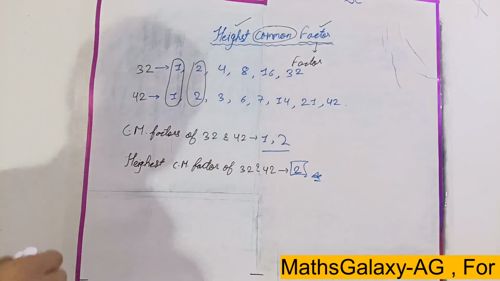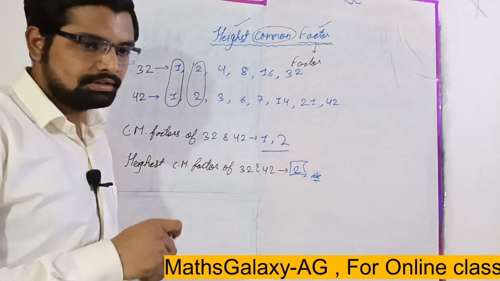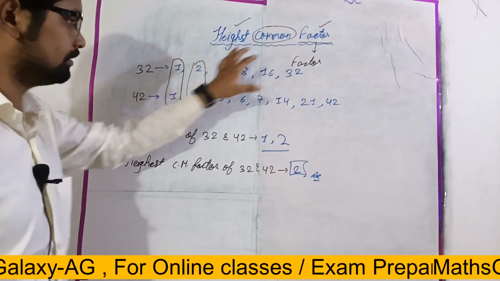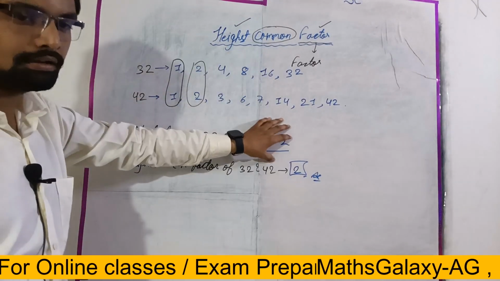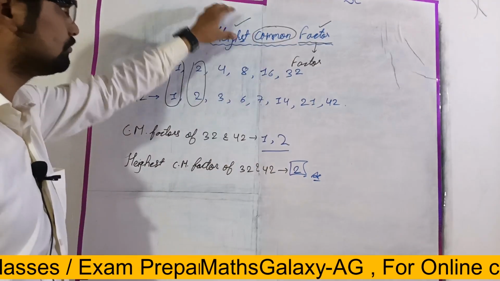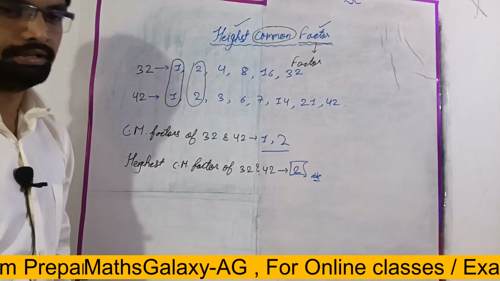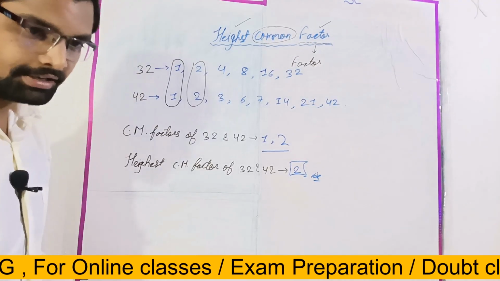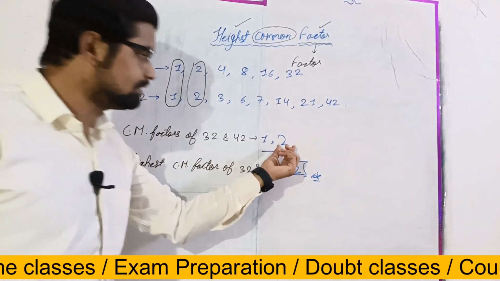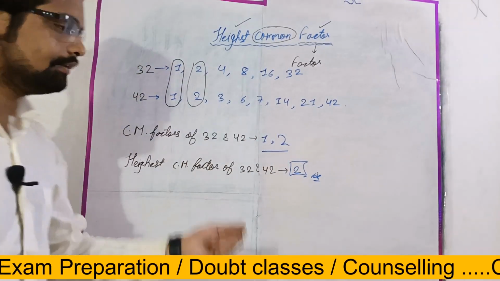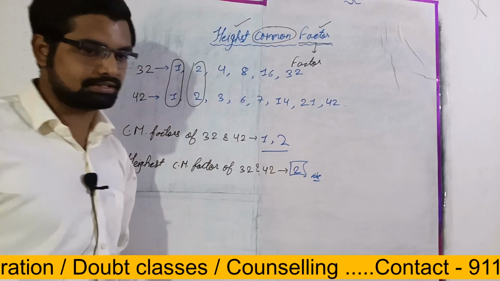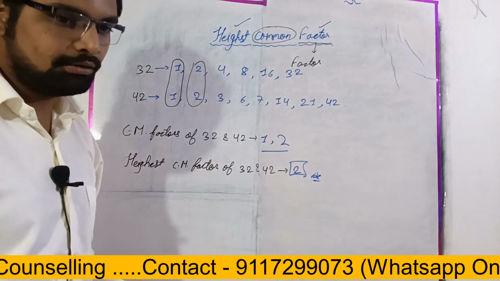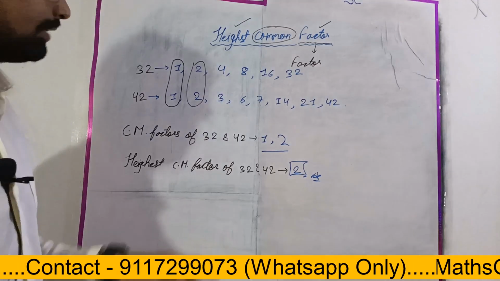Okay, so did you understand the concept of highest common factor? It means, as here it is factor, we find the factors, we select the common ones, and among the common numbers we select the highest, and that will be the highest common factor. So highest common factor is a number which can divide both of the given numbers. Okay, is it clear? Any doubt? No? Then please note it down.